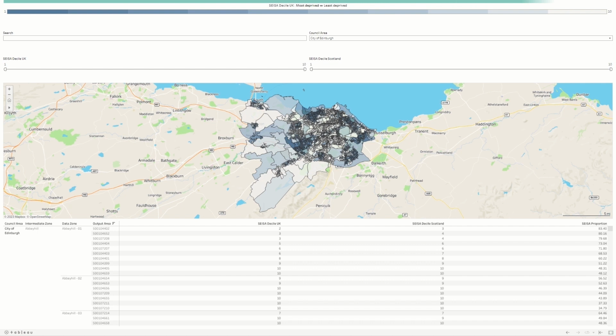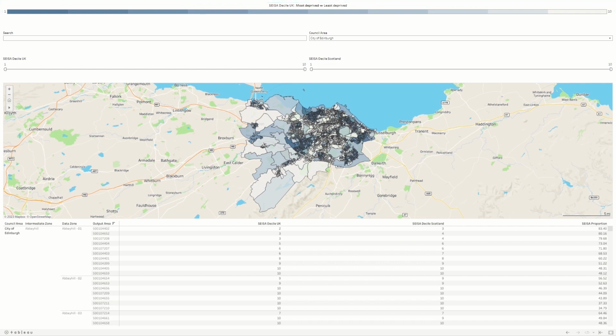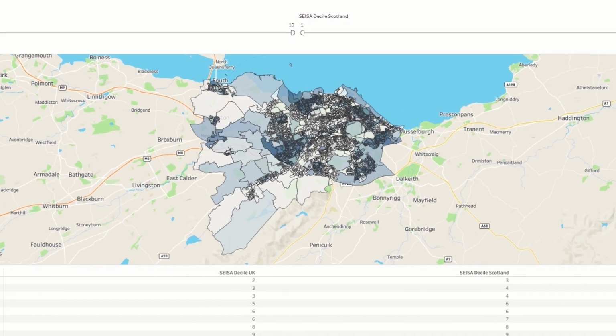The colour legend shows the colours utilised in the interactive maps. The colour legend used for the maps is one colour that changes sequentially from dark to light. The darkest blue represents decile 1, the most deprived decile at a UK-wide level. That is, IPA areas located in decile 1 are within the 10% most deprived areas across the UK, according to our measure. Meanwhile, the lightest blue represents decile 10, the least deprived decile at a UK-wide level.